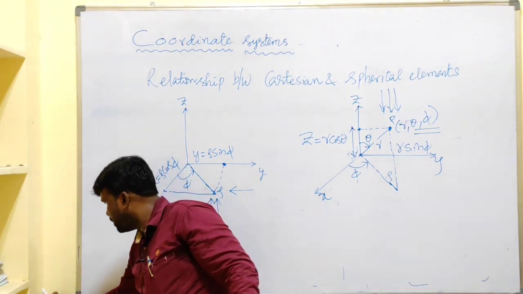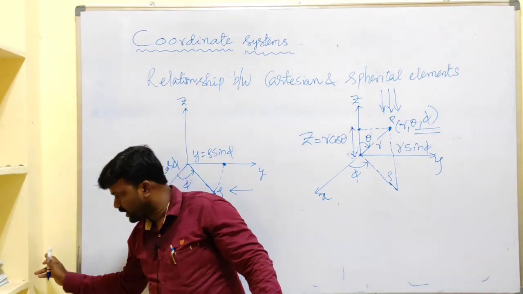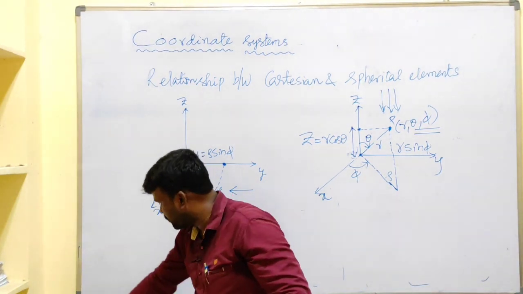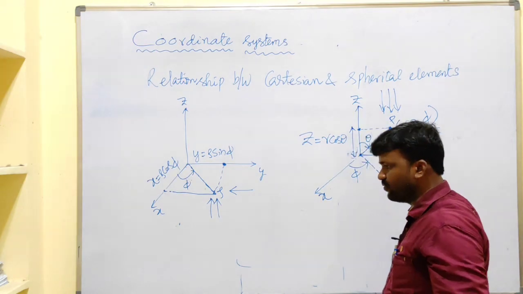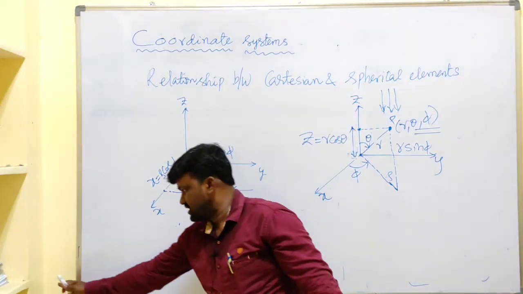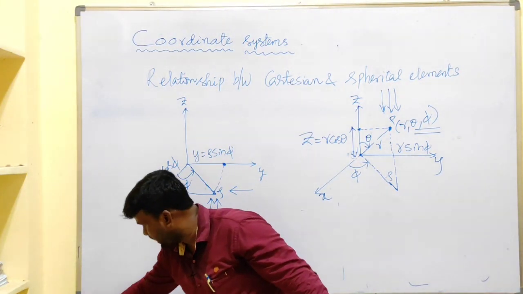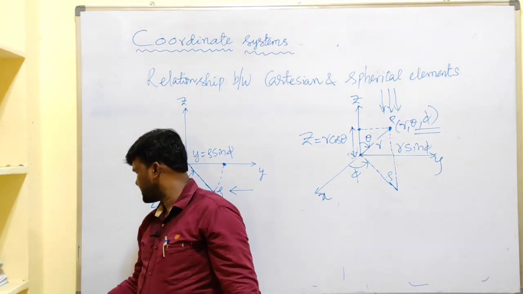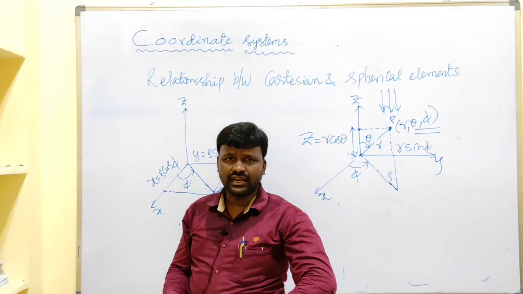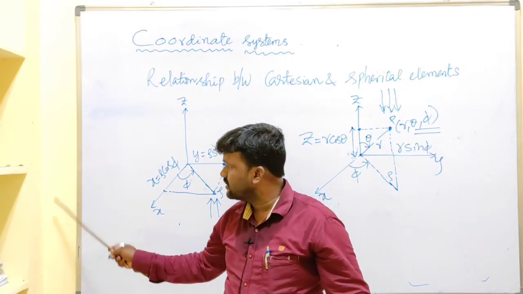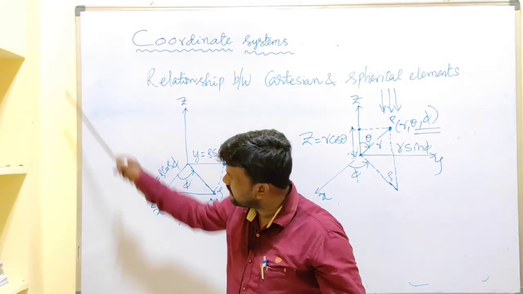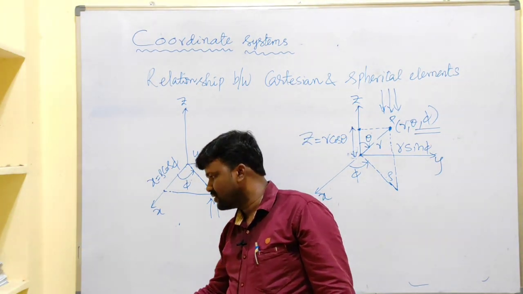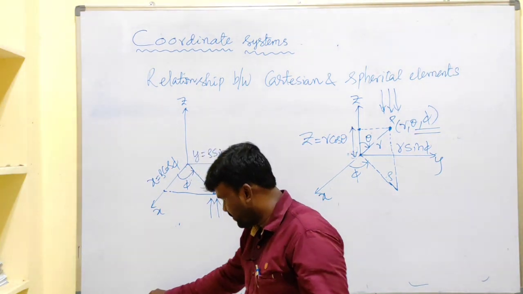This corner is the z axis, this one is the x axis, and this one is the y axis. Once again, I am repeating: this is the x axis, this is the y axis. This corner itself represents the z axis. Of course, x, y, z are perpendicular to each other. We can't see the component behind this one. As it is 2D, we can observe only this 2D plane, the x plane and y plane.